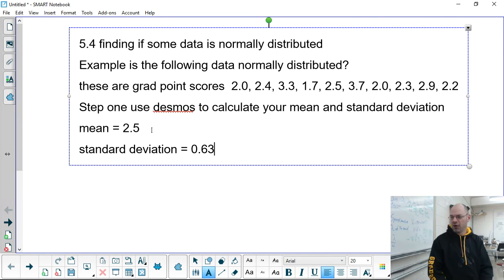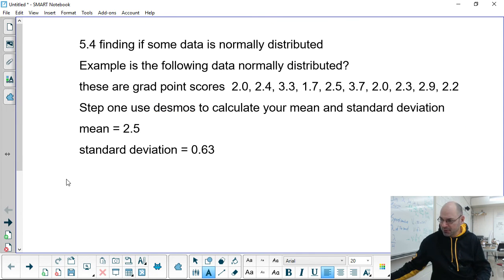Should be good enough. Okay, so what we've got to do now is come up with some ranges. We'll look at the ranges 1 standard deviation away on both sides, and then 2 standard deviations away, and calculate the percentage of data that's in each. And if it fits with what it should be, then we'll be all right. So step 2